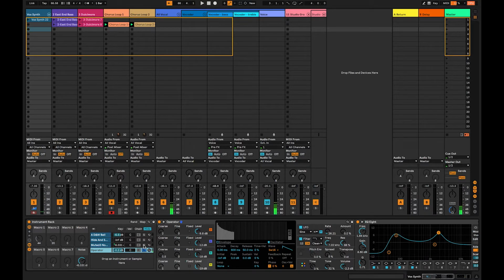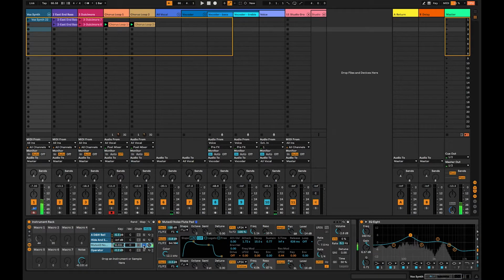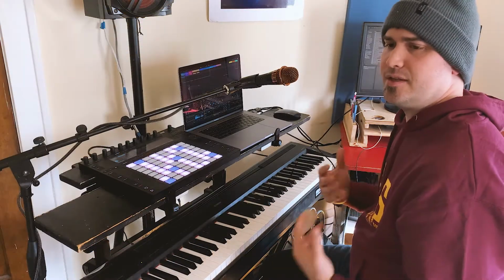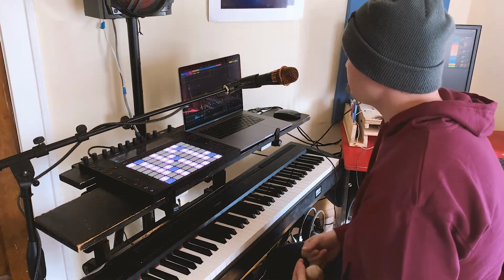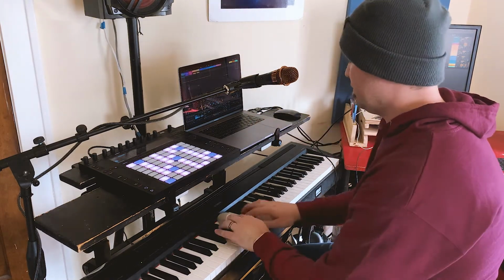And then I have this. It has a little bit of pitch in it, but mostly it's noise. So the noise helps to pick up a lot of the consonants, the t's and the p's and those kind of things. All together,